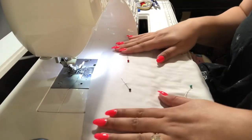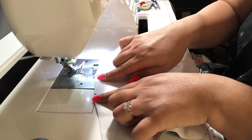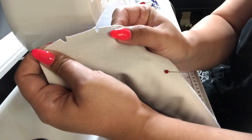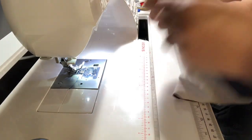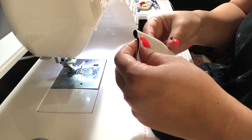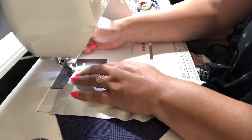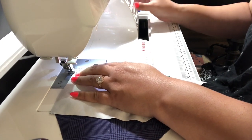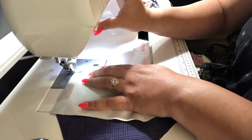Okay, so now I'm over at my machine. I've got 3 points and I've got 3 sets of the little notches for the darts. And so I will find 2 sets of notches just like that. 1 pin. That's how I know where to sew. So I fold those over with the right sides facing each other. Find my pin. Set that under my presser foot, and I'm going to set my machine to a stretch stitch. I'm going to start